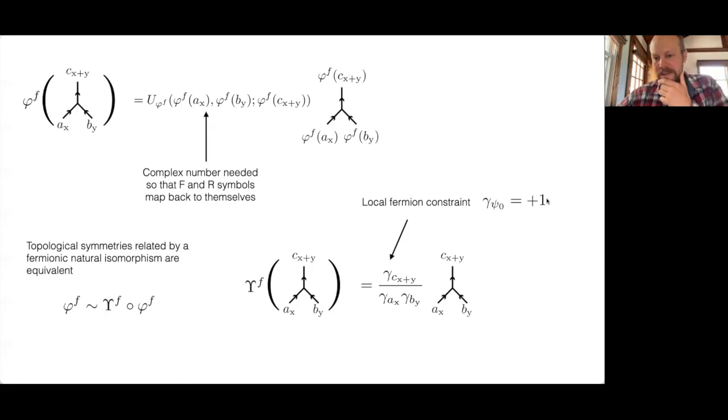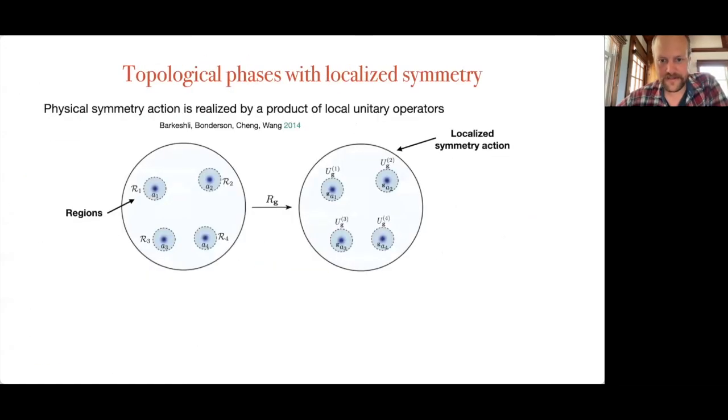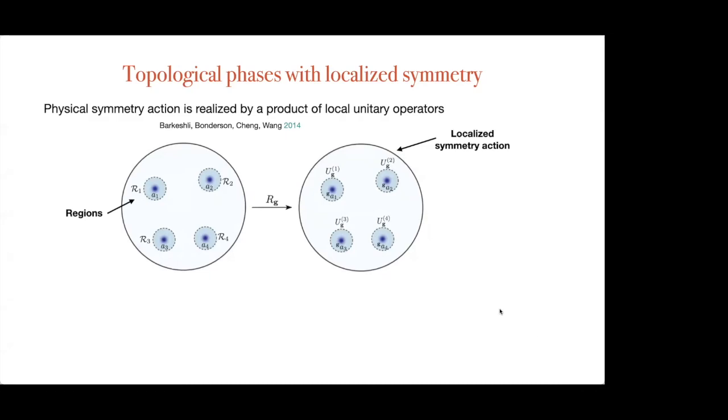The way we justified this was not from that, of course. The way we justified it was thinking about what these fermionic natural isomorphisms mean in terms of the actual quasiparticles in the system. And those are closely related to these phases U that you pick up. There are again some constraints that you can derive on those. But yeah, maybe I can just direct you to my paper for more details. I actually have to go. I could put headphones on, but I have to bike to my next